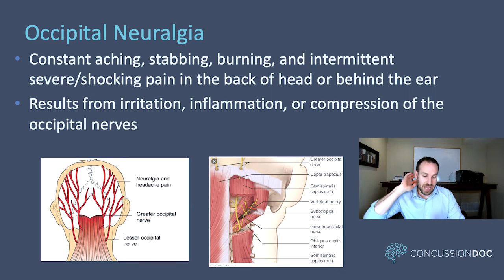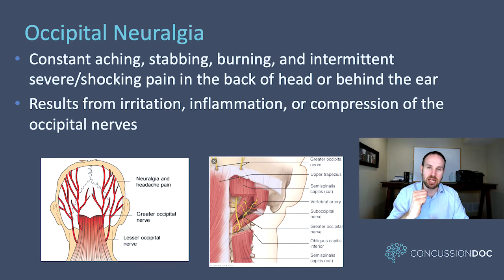So you may have this kind of burning sensation coming up the back of the head. That burning sensation is indicative usually of more of a nerve type pain. Nerves tend to be very burny. Sharp pain, on the other hand, if it feels like somebody's stabbing, that's usually a joint. So usually sharp pain is coming from a joint in your neck. Dull aching coming from a muscle. Burning, more likely coming from a nerve. So that's just a way to figure out what type of pain you may actually be having.